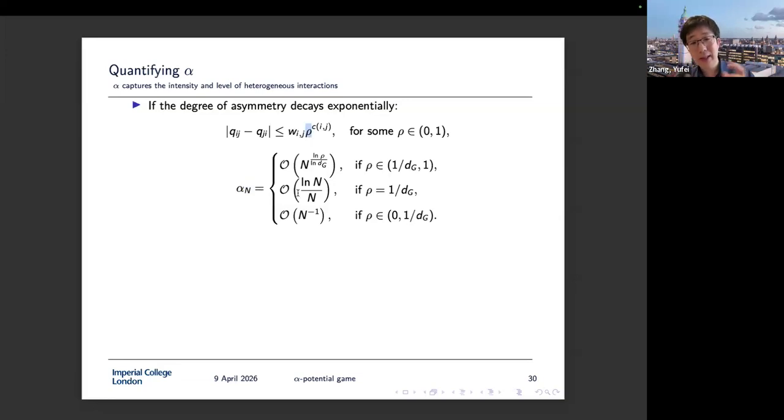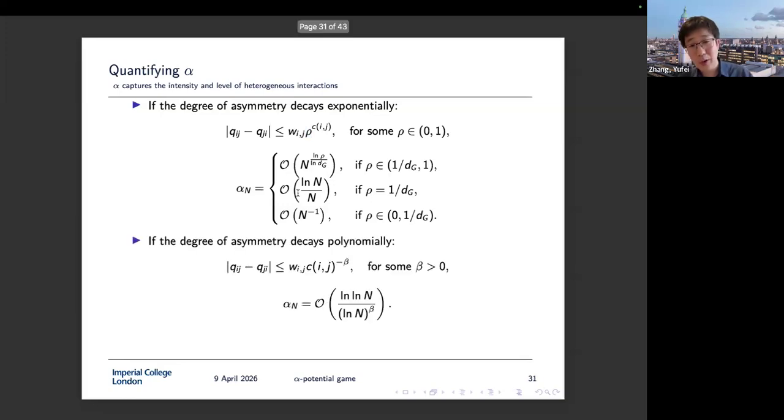So asymptotically, as n tends to infinity, solving the corresponding control problem gives you an approximate epsilon Nash equilibrium of the n-player game. You can also generalize the result. Instead of exponential decay of the asymmetry, you can relax it to a polynomial type of decay. In this case, alpha also vanishes,